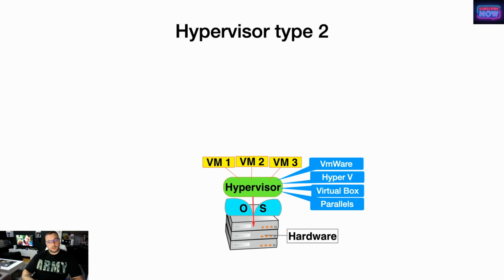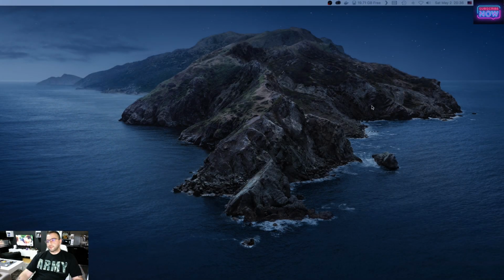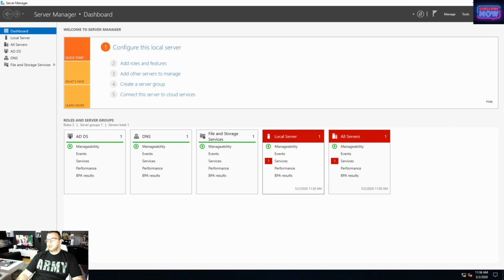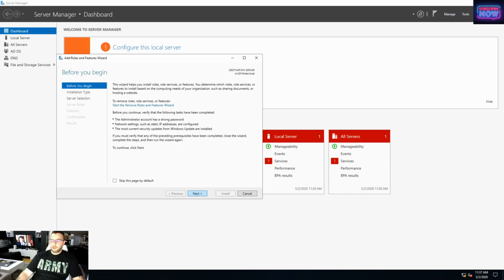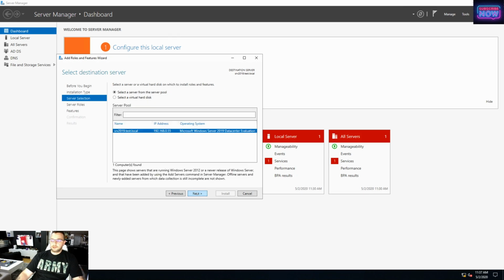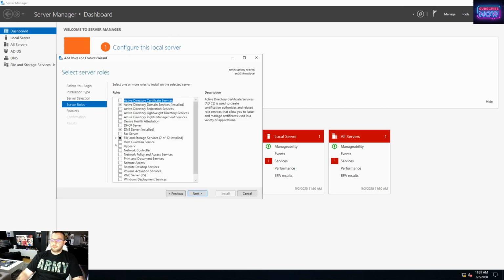So now we know basically what virtualization is and what kind of hypervisors we have. So let's jump into the installation of Hyper-V on Windows Server 2019. Cool. Switch to our server. Just like any other role that we are installing, we go to Manage, Add Roles and Features, next, next, next. Then we choose Hyper-V, add features,